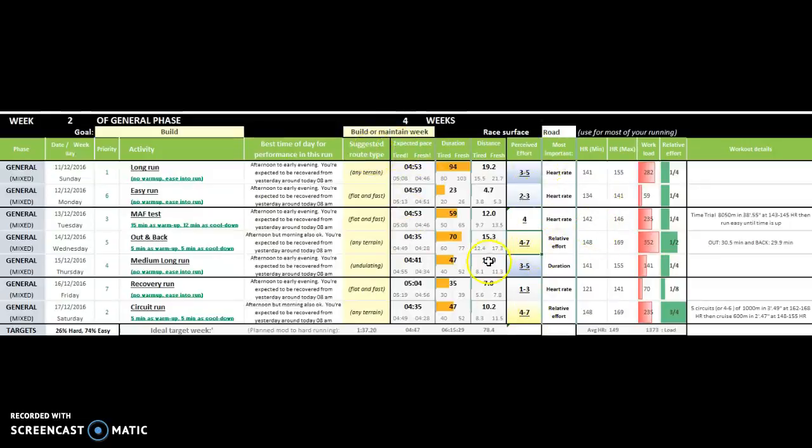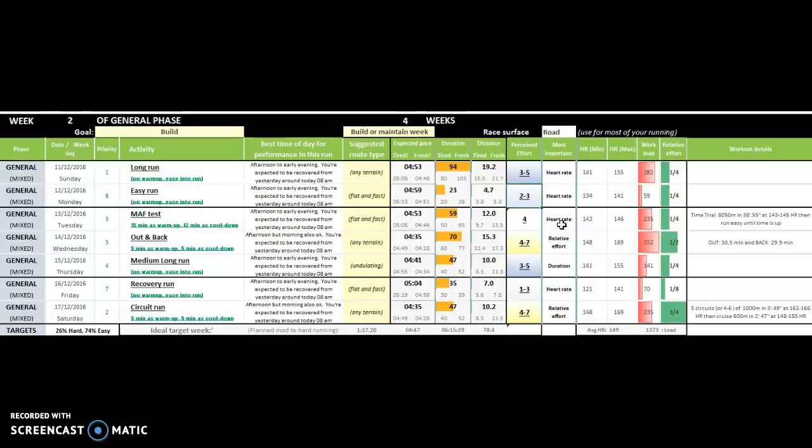And if we were to show you graphics, as we will in future videos in this series, of the phases that come later, so the related phase, the specific phase, the competitive phase, you will notice some red markers for perceived effort, when you're getting into interval training and things like that, where the intensity is very, very high. So this already gives you a good idea of how it should feel, and the bluer it is, the